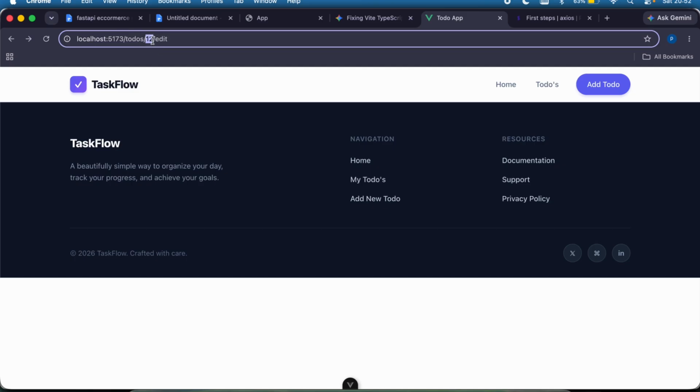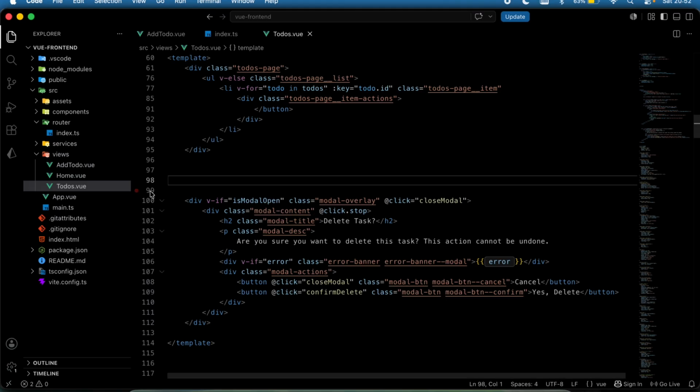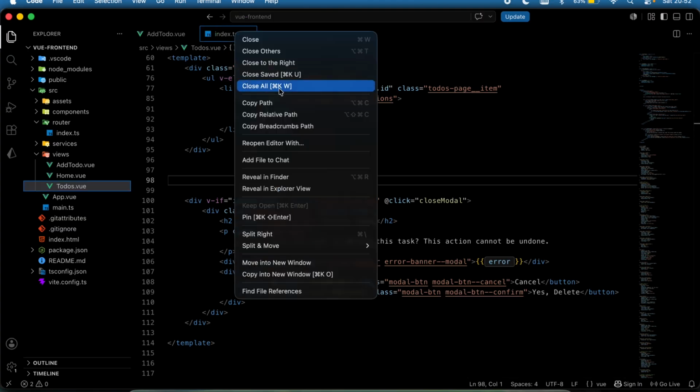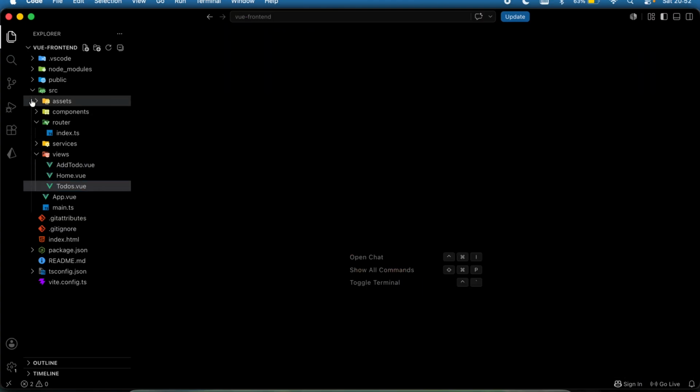So the first thing we have to do is to extract this ID from the parameter and then make an API call to get the to-do by ID, then display the existing data where the user can see. He can decide to update and then save and update. So let's do that. Within my Visual Studio Code, I'm going to close all of these,